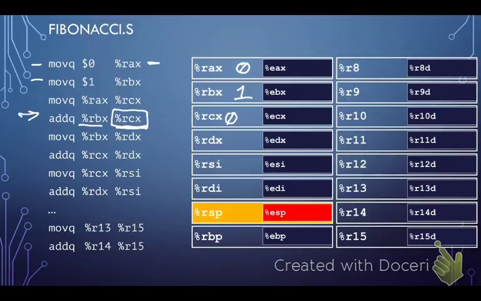Now I can add RBX to RCX, which is equivalent to adding RAX to RBX, because you'll note that here's the BX, and we've just copied RAX into RCX. So RCX is holding the value of RAX. So we'll sum those things, we'll get a 1, and then the result will be stored in RCX. So we now have a 1.